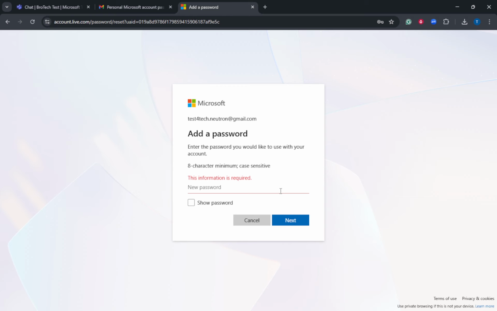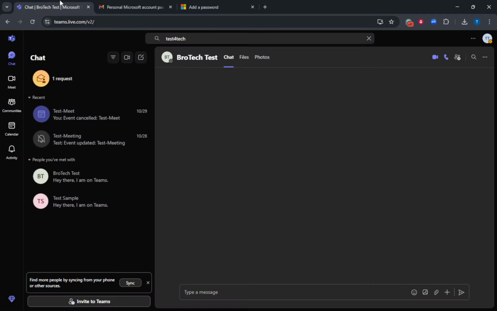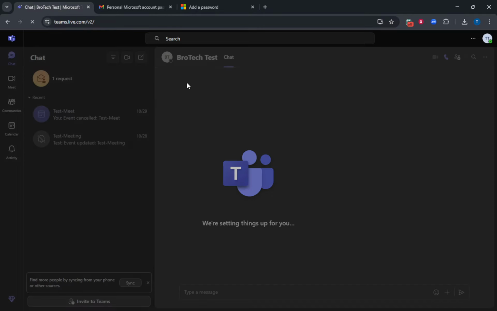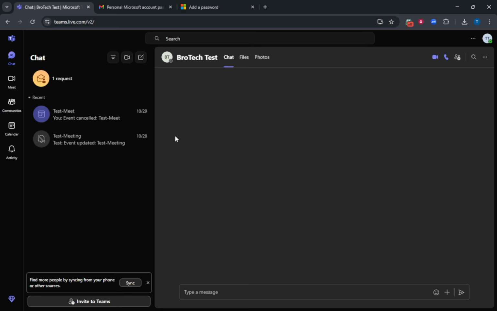After successfully resetting, you'll be ready to sign back into Microsoft Teams with your updated login credentials. This fresh password will allow you seamless access moving forward, and you can carry on with your account as usual. Remember, keeping your password secure and private is essential to maintaining the security of your account. However, if you ever need to change or reset it again, know that you're just a few steps away from doing so efficiently. I hope this guide helped you navigate the password reset process with ease and